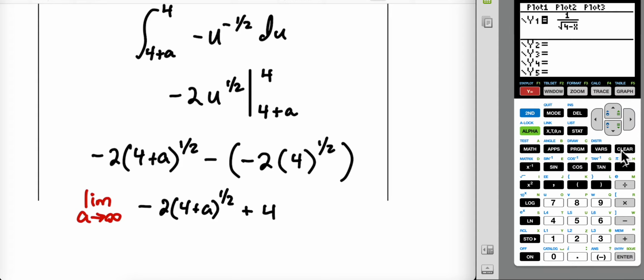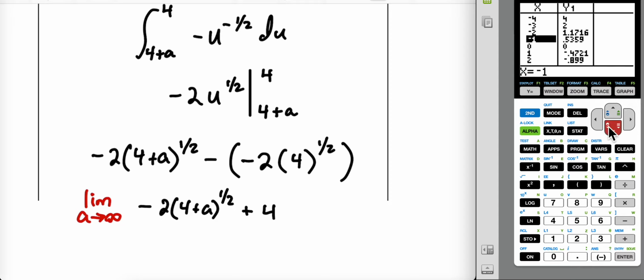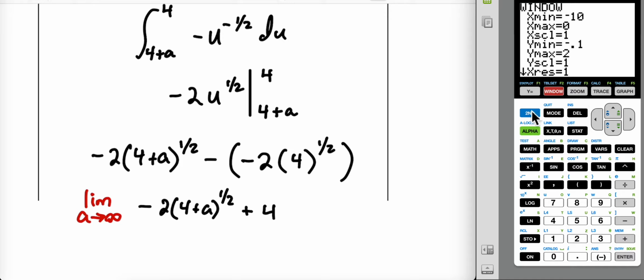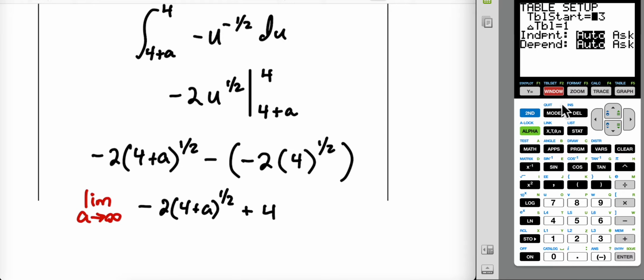Another way to do it would be to type in this expression, -2 times, I'll use x's instead of a's, sorry, raised to 0.5 just for convenience, plus 4, and then go into my graph or my table and see what's going on as I'm increasing my x values. It does seem to be increasing the y values. Is it a question of without bound? We'll go from there. Second window,